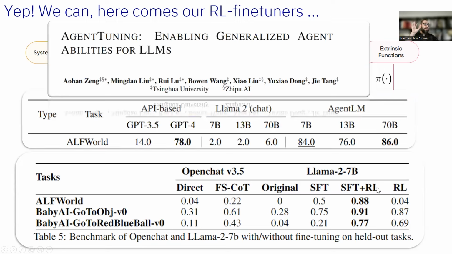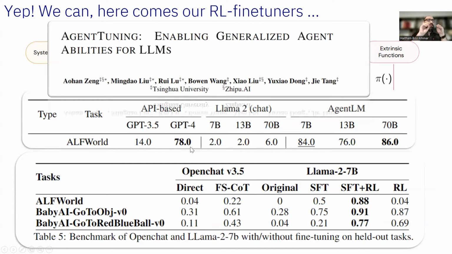Now, again, this had nothing to do with GPT-4 data ingestion, right? So there was no GPT-4 data ingestion. Now, there's a paper called AgentTuning, which actually relied on GPT-4 to fine-tune a Llama model as well. And what we can see here is that in the ALFWorld domain, our model, which is just a 7 billion model, could actually get to 88%, while the fine-tuned agent could get to 86%, and GPT-4 itself can get to 78%.